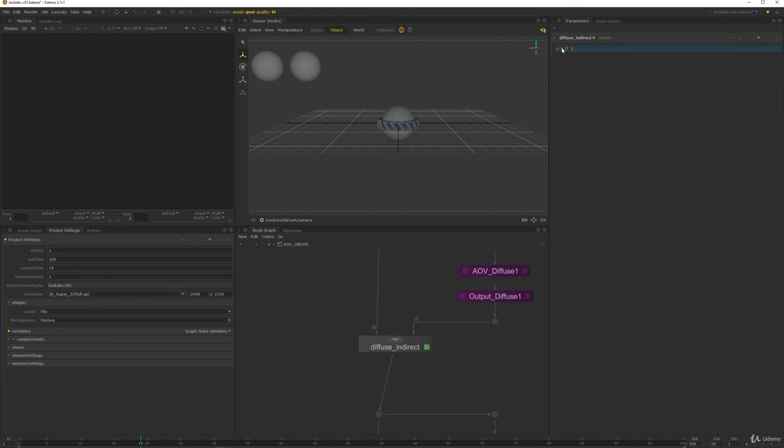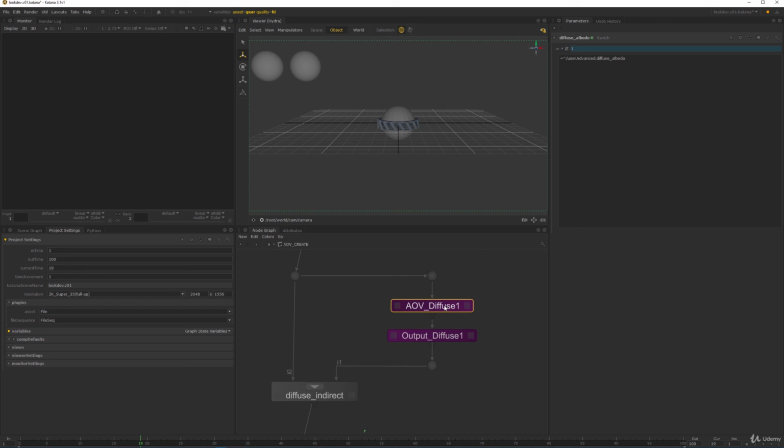This would be diffuse_indirect. And this one would be, I think this one does not live in user diffuse, it lives in advanced.diffuse albedo, and now this one is connected up as well. What we need to do now is rename our nodes. So this one would be diffuse indirect,